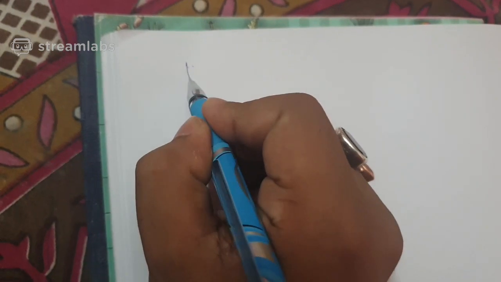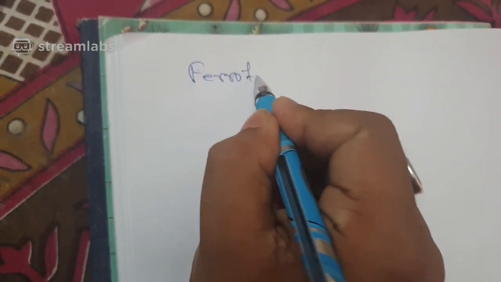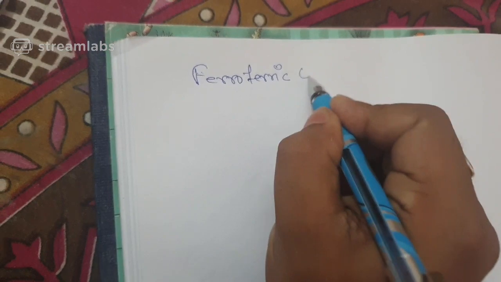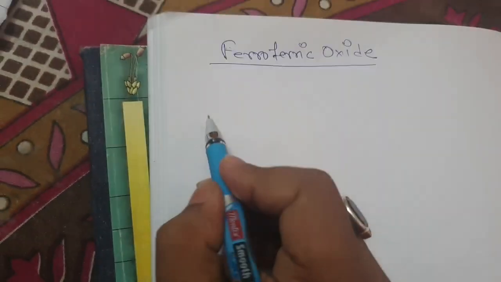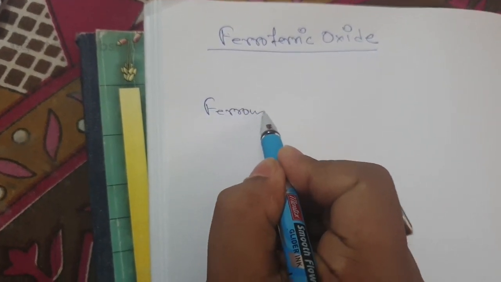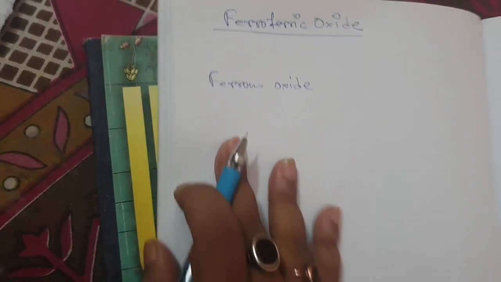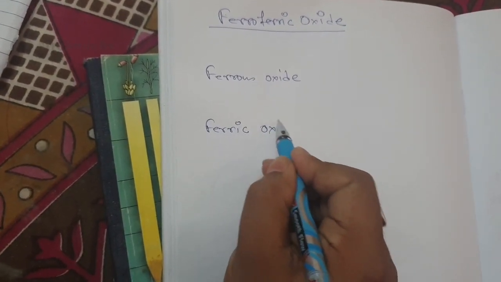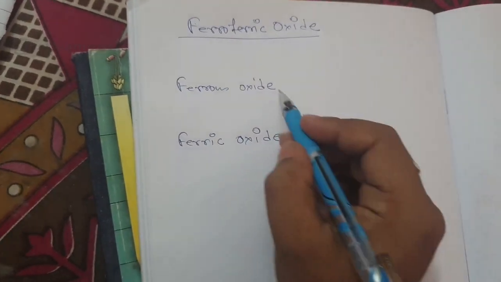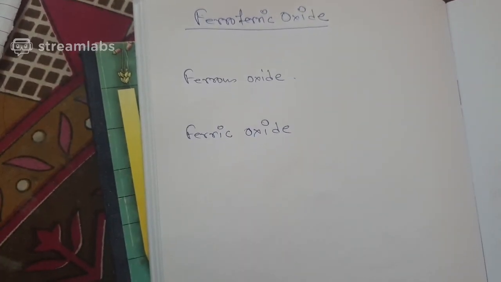Now, in your list of homeworks, I found that one student had asked me, sir, what is ferroferric oxide? I'll begin with this today. What is ferroferric oxide? Because if I say ferrous oxide and if I say ferric oxide, fine. Suppose I am saying ferrous oxide, that does mean that